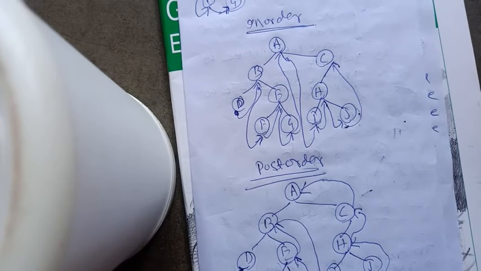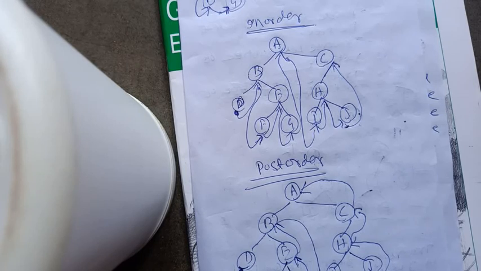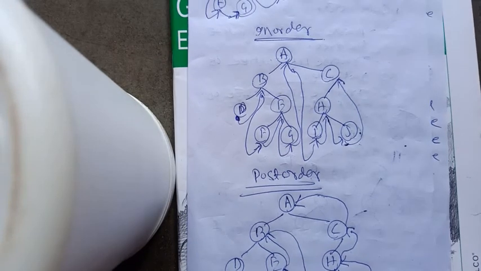Since traversing in pre-order or in-order or post-order requires traversing the subtrees using the same method, we said these are recursive methods. So we will discuss the recursive algorithm. Okay, there is a non-recursive algorithm also available, but we'll stick to the recursive algorithm because it requires much fewer steps. Okay, so till then, thank you.